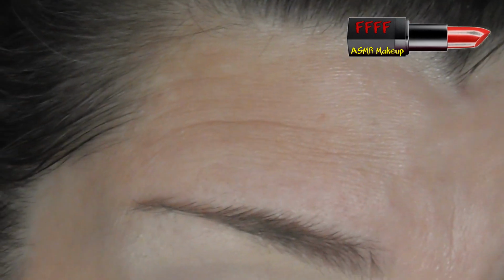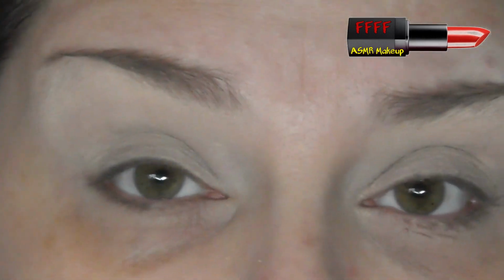But I do find that shadows from the same palette are obviously going to be similar formulas, and I just find that they blend out that little bit smoother when you have set it with a powder from the same palette. It's not essential, you don't need to do that. A lot of palettes I don't have a shade that will work like that, so I just use my set